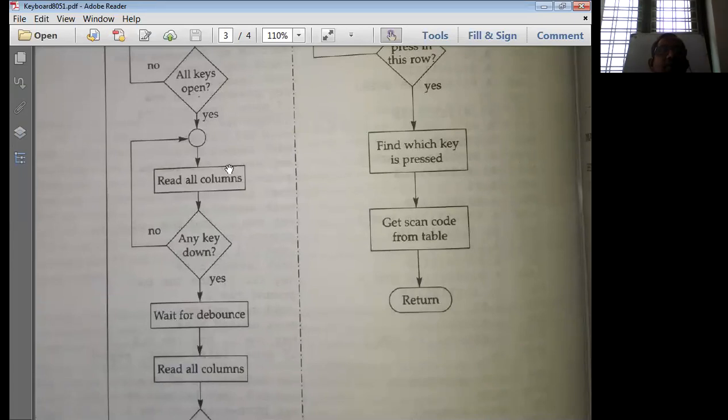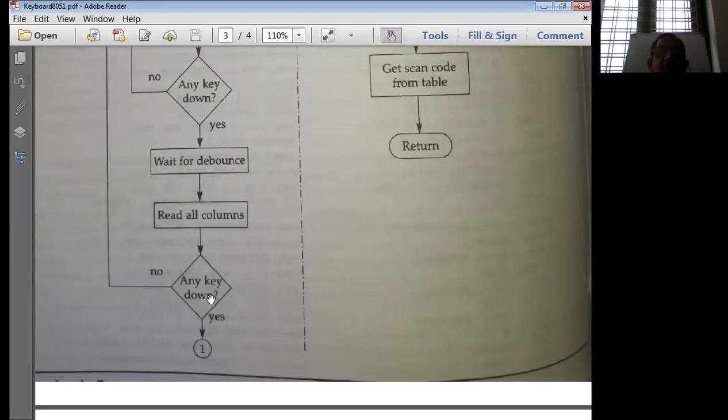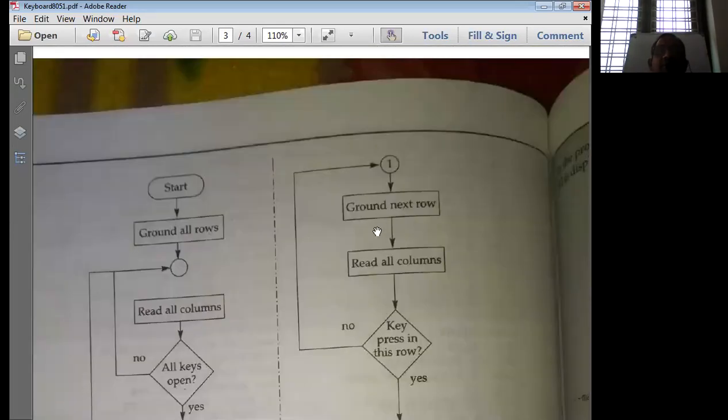So in this process, if no key is down, then it will simply stay in the same loop. If any key is down, that means if you press any key, wait for debounce, then once again read all columns. If any key down still exists, once again it scans, ensures that the key is pressed, then the control comes to S. S means what here?